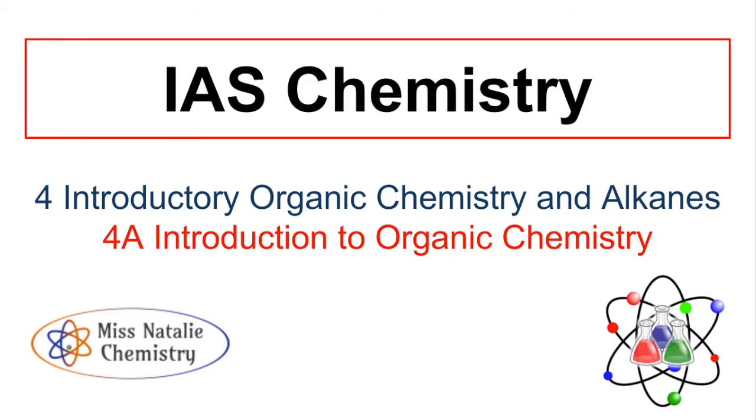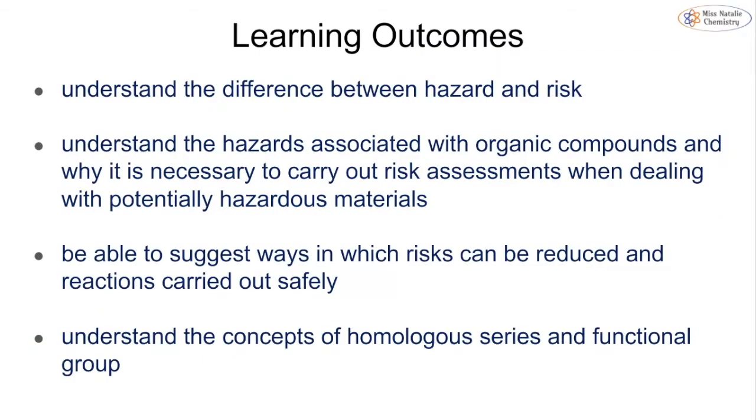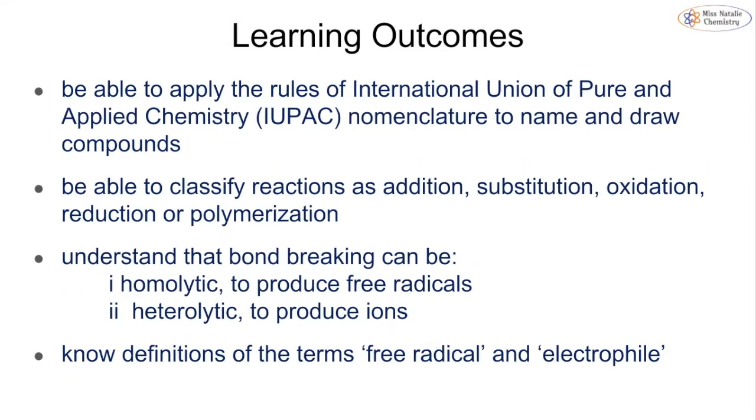In this video, we're going to be looking at topic 4A, Introduction to Organic Chemistry, and this is part of the IAS chemistry course from Edexcel. So we're going to be looking at the differences between hazards and risks, and why we need to carry out risk assessments when we're using specific organic compounds, how we can reduce these risks, and how we can carry out reactions safely. We'll also be looking at homologous series and functional groups, as well as how to name organic compounds